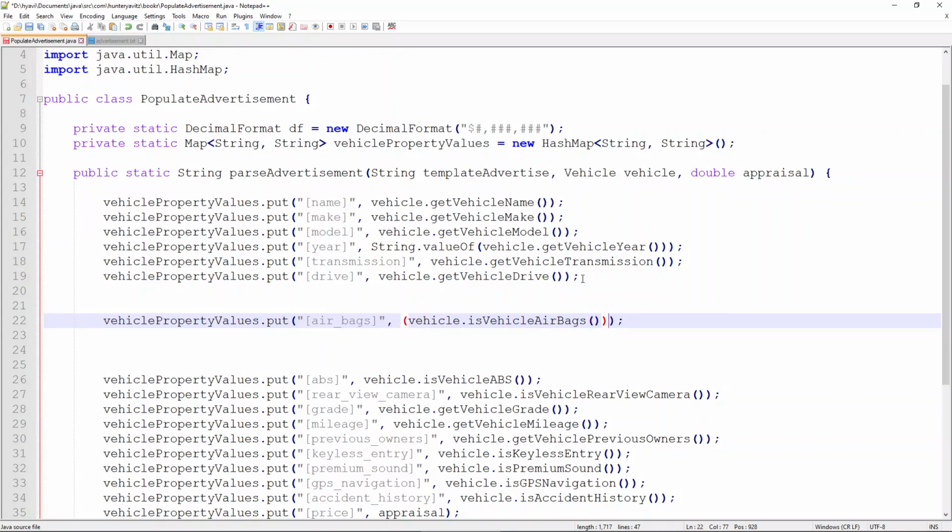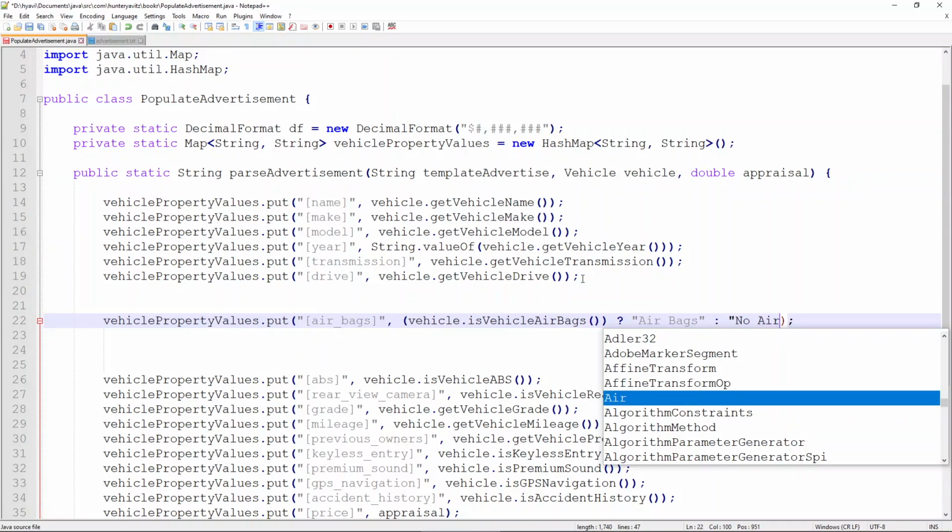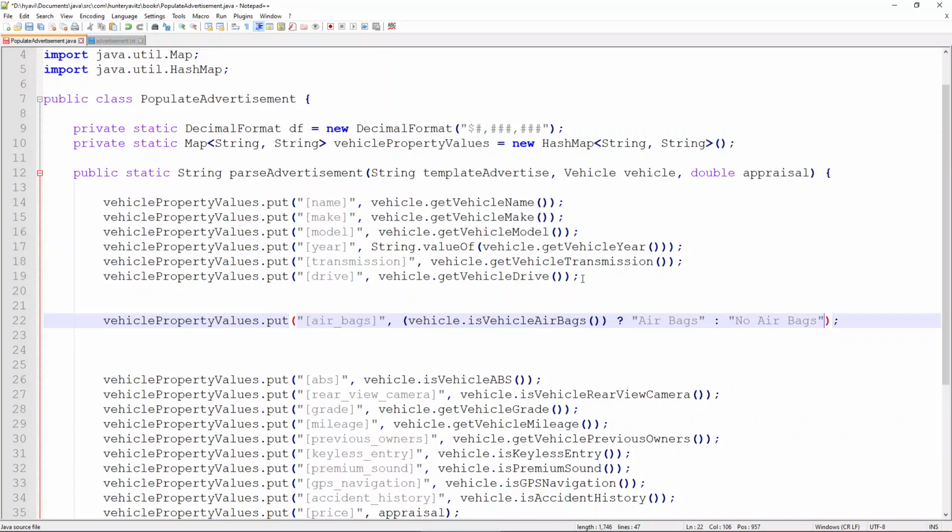So the way that we're going to do that is, let's first put some parentheses around this value right here, and we're going to use what's called a ternary operator, and that looks like this. We're going to start with a question mark, and we're going to have option 1 in the case of it being true, which is going to be the string airbags. And then with a colon, we're going to have option 2, which is going to be in the case of it being false, which is going to be no airbags, like so. And so what we're doing here is the ternary operator accepts in parentheses an evaluation that will either result in true or false. And the question mark basically turns on, or basically says this is a ternary, and based on whatever is in these